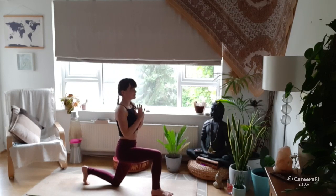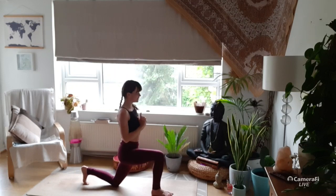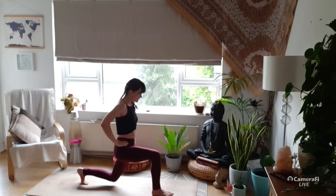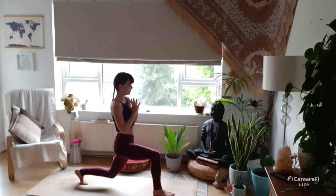Exhale, tap the back knee down. Just feel alive, feel this energy. Exhale, tap. Inhale to lift. Exhale, hover and hold. Tilt, tilt, tilt. I noticed my form wasn't great just then. 4, 5, 4, 3, 2,